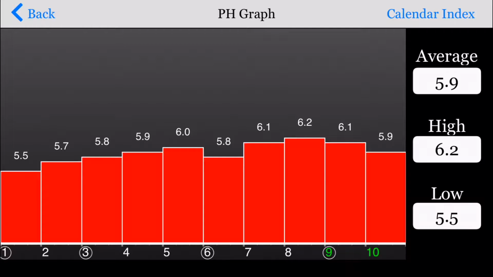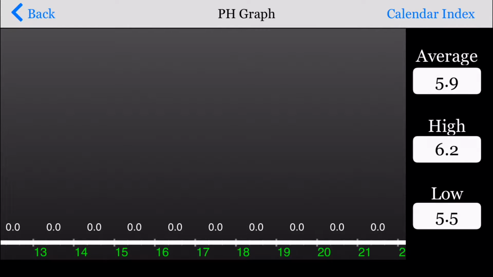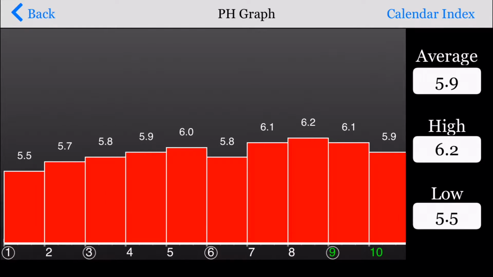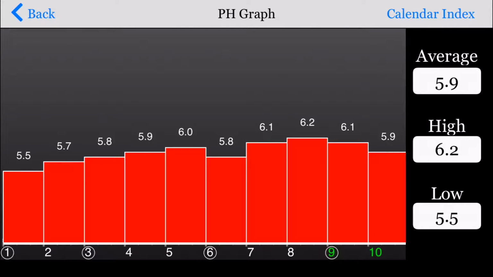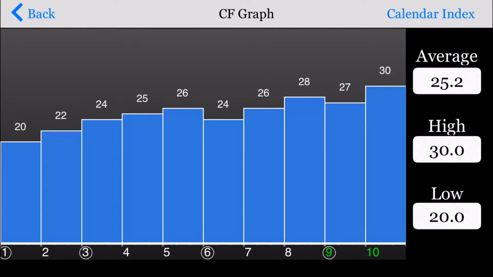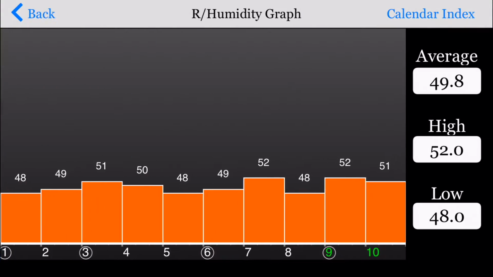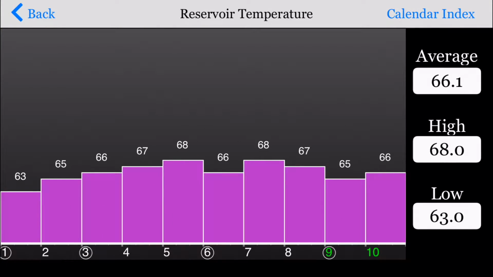And as you can see, day 9 is green. Day 9 is the day, if you remember, that we selected flowering. So from that day on, all of the numbers all the way up to 120 are light green. That way you will know exactly how many days you've been flowering your garden. Through all of the graphs, the information on the bottom will stay the same for easy review. No matter what graph you go to, you'll have the same information. As we go through, you'll see all the information changes except for what's on the bottom of the graph, which stays the same. And then you have a total of 9 graphs that will document from 1 to 120